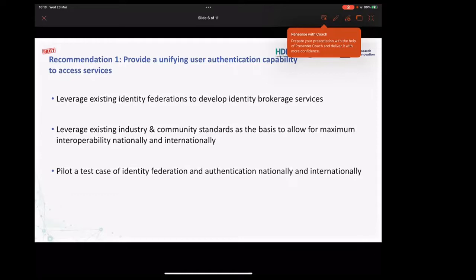Then leveraging existing industry and community standards. We built the Research Federation almost 2 decades ago, and it's still very successful. But there are modern technologies, modern standards that we need to start allowing and leveraging to allow for maximum interoperability. The reason for that is if we can do that at a UK 4 nations approach, we will be able to build